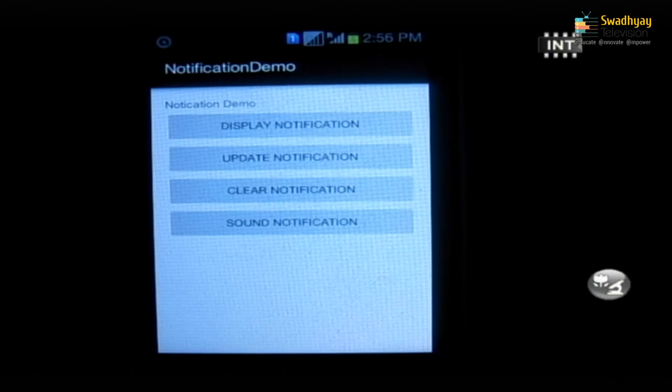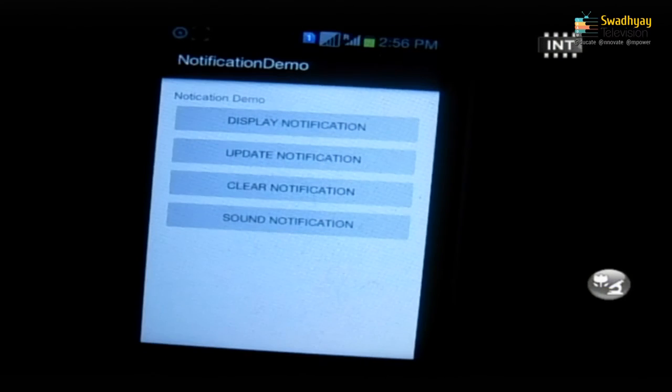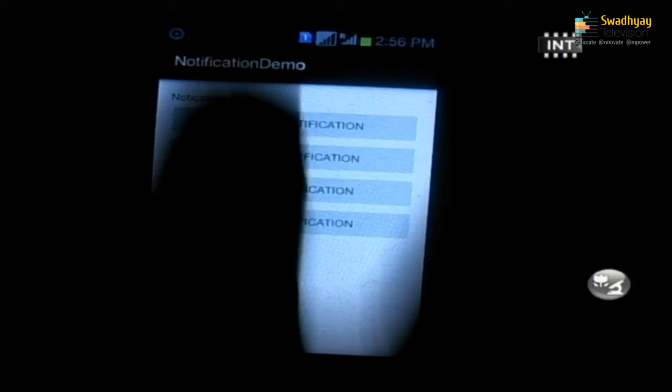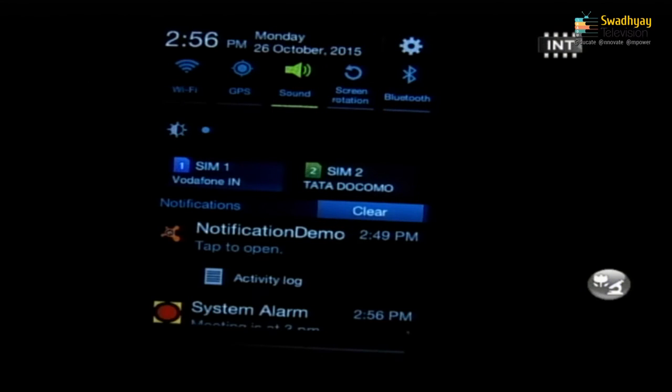Now, I am pressing the display notification button. So, it displays a notification in our system tray.